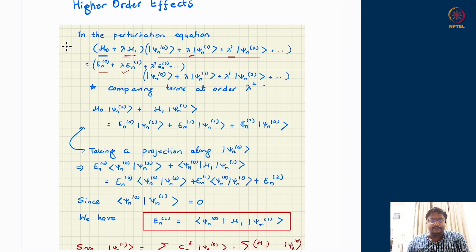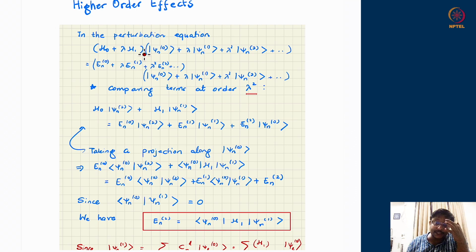So ultimately we have this equation where the full Hamiltonian acts upon the full wave function and results in the full eigenvalue multiplying the full wave function. And now we try to collect things order by order. At 0th order of lambda, the unperturbed equations came about. At the linear order of lambda, the previous two equations which we just saw arrived. And now we want to know what happens at order lambda square. So again, from the left hand side and the right hand side, we will try to find out what the order lambda square effects are. Okay, so I will try to collect things which are order lambda square.